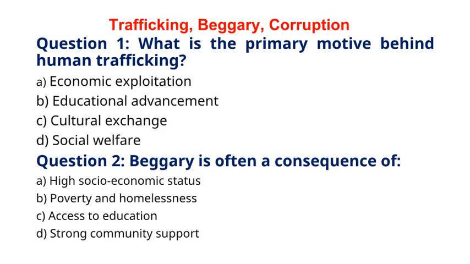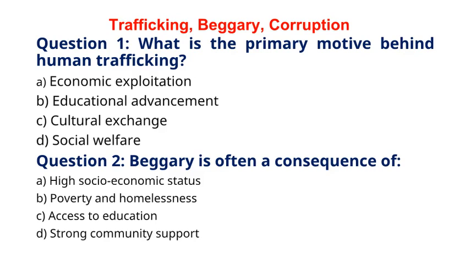purposes for monetary gains. Question 2. Beggary is often a consequence of A. High socioeconomic status. B. Poverty and homelessness. C. Access to education. D. Strong community support. The correct answer to question 2 is option B. Poverty and homelessness. Explanation. Beggary is commonly associated with poverty and homelessness, where individuals resort to begging as a means